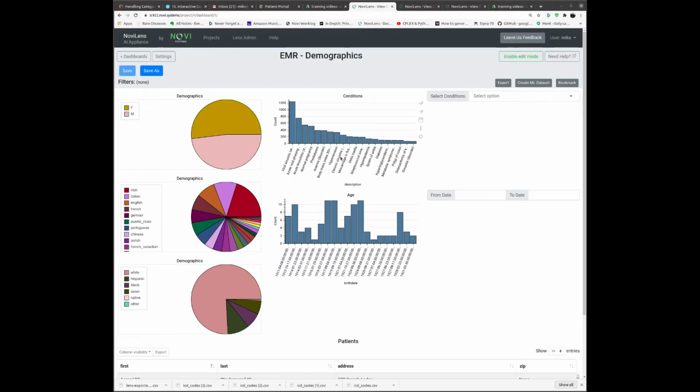NoviLens by Nova Systems can be used in a number of applications within healthcare. In this video, I'm going to review 3 different dashboards that were developed to answer different questions within the healthcare setting. The first that you can see is the demographics dashboard, and this was designed to show how NoviLens may